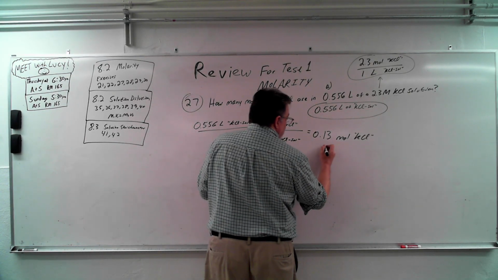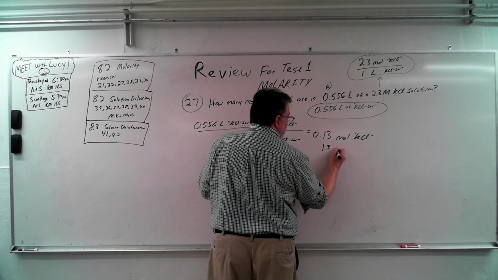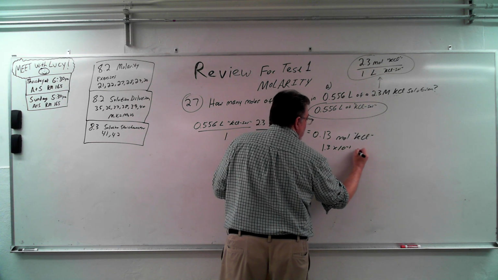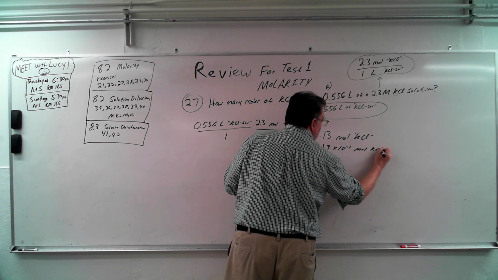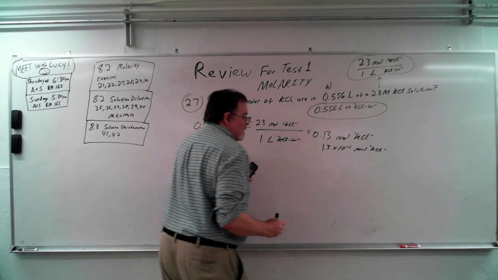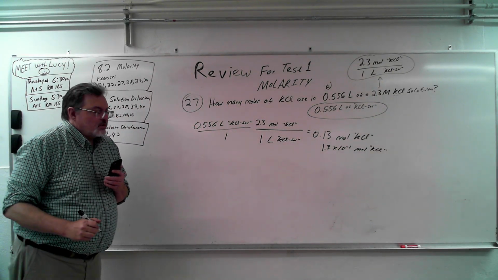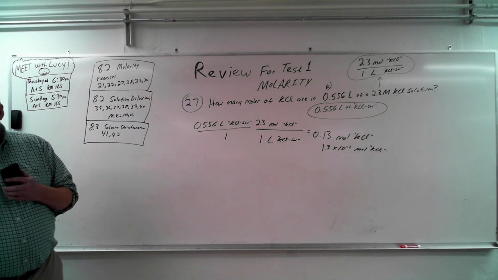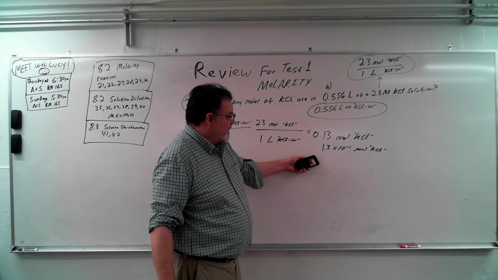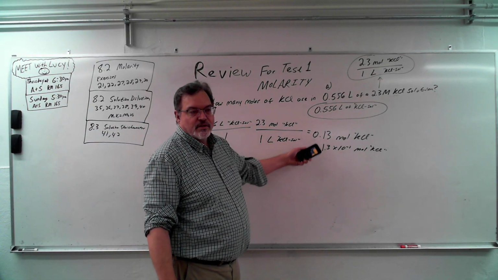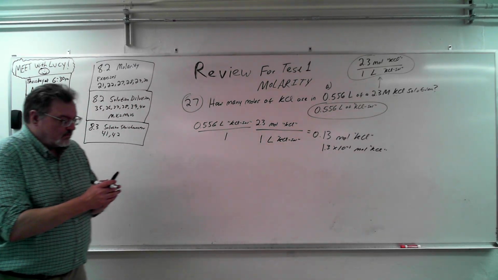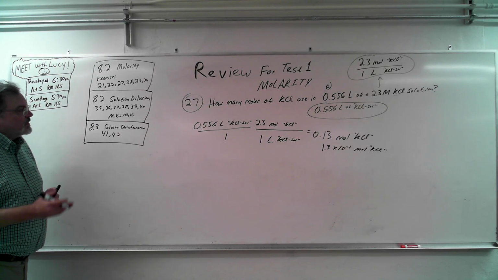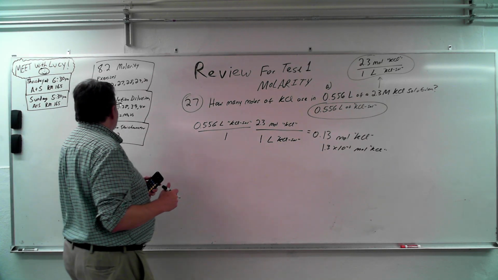Scientific notation, or standard scientific notation. So if the problem says put your answer in standard scientific notation, you would do this. But this is still correct. It's just not in standard scientific notation. So that's how you do 27,